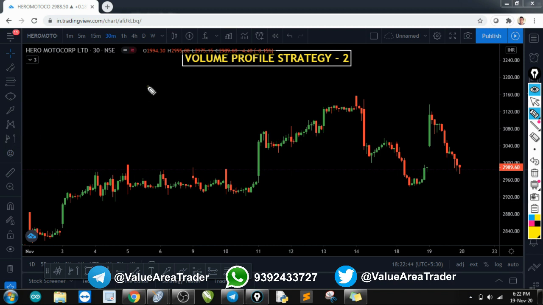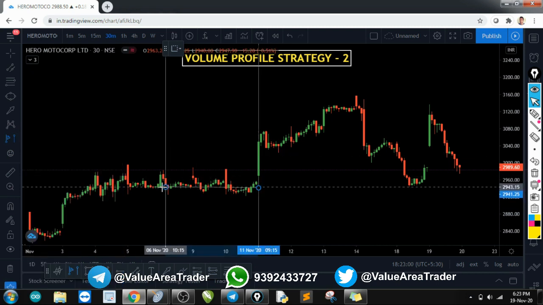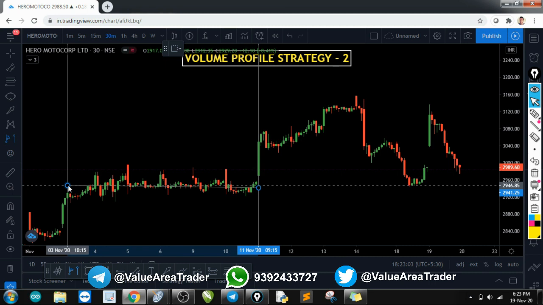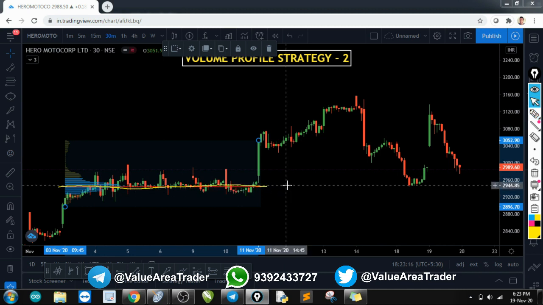So let me show you where you can get the free profile. This is the place where you can get the free profile. Just click on this, and you can see here fixed range volume profile. I'll just click on it, and then I have to just select the range in which I want to see the profile. Okay, so now this profile has already been made here, and you can clearly see the most traded price in this profile was around 2946, and that is the exact same price from where it got bounced